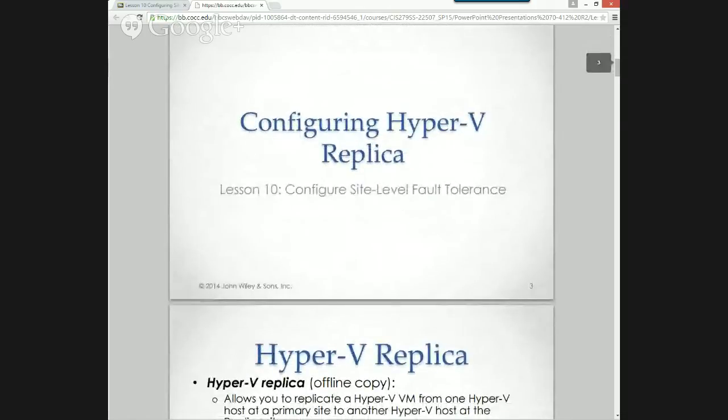So one of the options, especially with Hyper-V, is Hyper-V Replica. We can think of this sort of as an active-passive. I would think of it more as just a copy, because in essence, what is a virtual machine? It's a file. So if we continue to just update that file on a non-running machine, we essentially have a copy of the running machine, right?